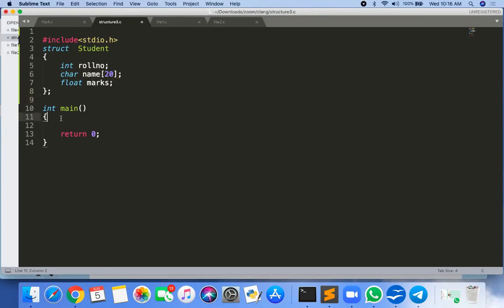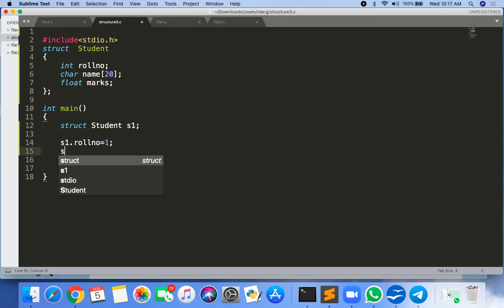Now if I'm using the traditional method of creating a structure object, it is struct student S1. Then I can manually store its roll number: S1 dot roll number equal to 1.